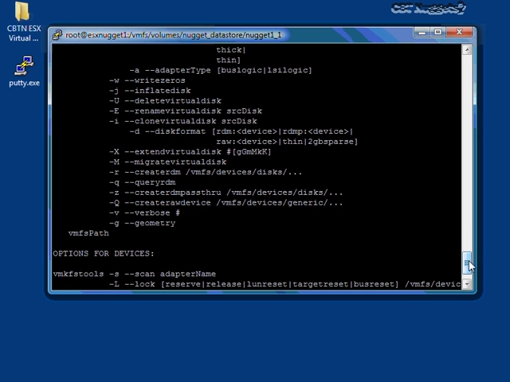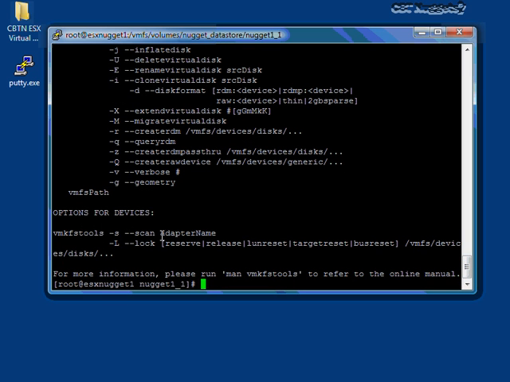So this allows us with vmkfs tools to do some file system manipulation of the VMFS partitions for all of the virtual machines in our environment. We have the option for devices here. We can scan the adapter. We can do some locking information here with vmkfs tools as well. So you can use this to help you create file systems. You can use this to help you create data stores and then populate those stores with essentially empty VMDK files as well. The other command that we want to talk about here is